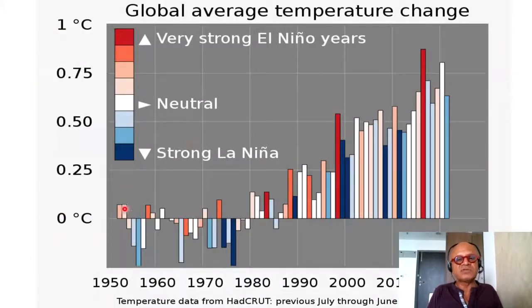Okay, so this just gives you a sense that during La Nina you get a reduction in the global average temperature change, and during El Nino you get a mini global warming. So you can see 2015-16 was one of the massive El Ninos, 97-98 was another massive El Nino in the 20th century, and 82-83 was also a big El Nino. Big El Nino basically means how many degrees warming happened in the eastern Pacific around Galapagos, and we wouldn't usually care if something happens in the ocean, but when that much heat is being moved around, it results in so-called